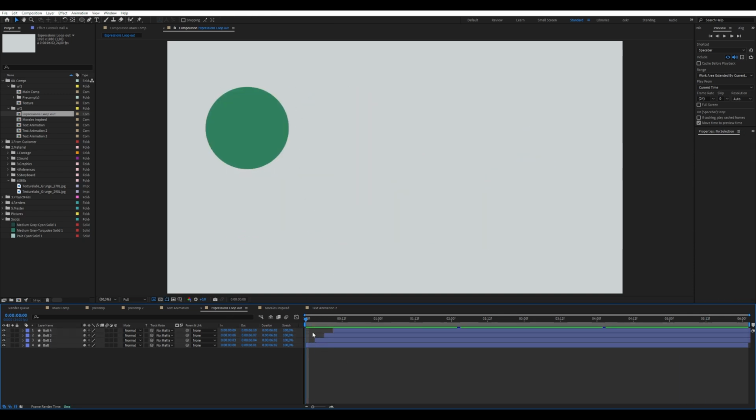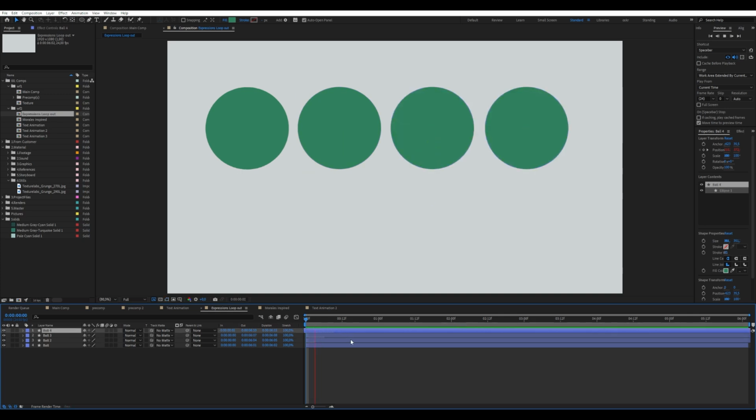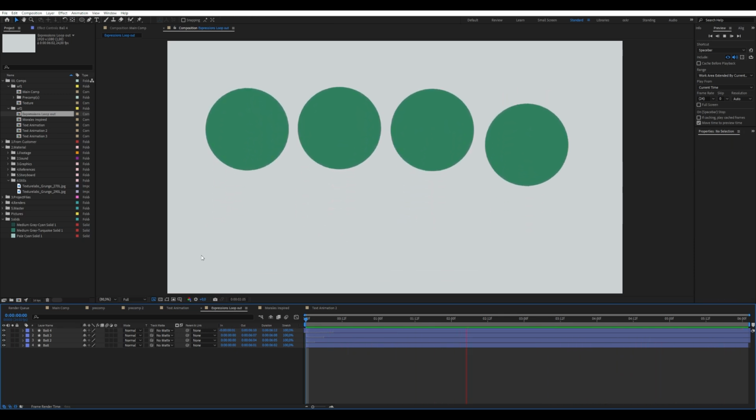To fix it so they aren't disappeared, you can just drag this end in. So now they're going to have this offset. Alright, very simple, but you can apply this to so many things and make really beautiful,